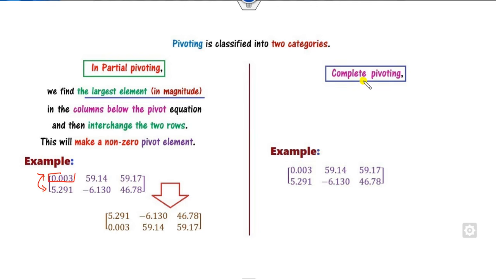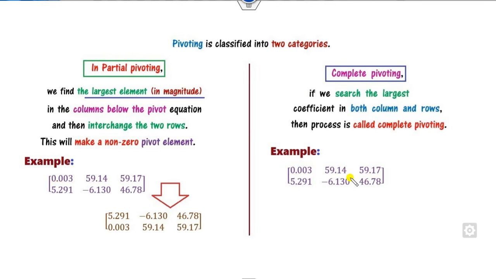On the other hand, what is complete pivoting? We look about the diagonals. Instead of only the column, you can see this is only for the column. In the complete pivoting, we look for the row and we look for the column. Like in this case, you can see this value will be my maximum in magnitude. Fine, maximum in magnitude. Then we can interchange the third column with the first column like this. You can see I have changed the first column and then you can process again similar to the others.